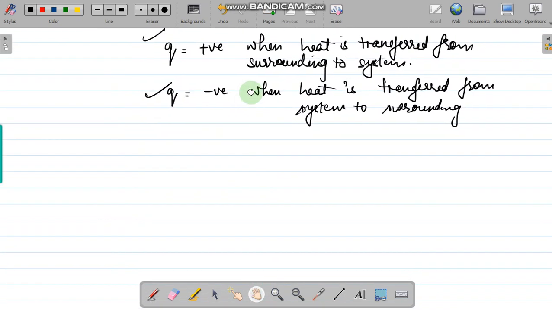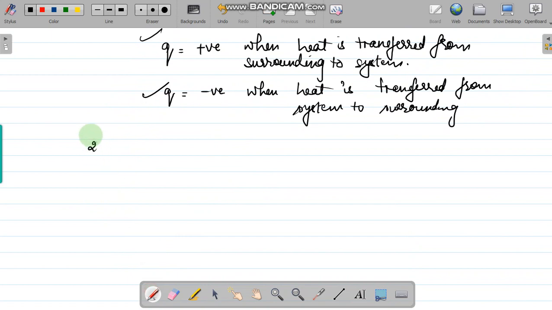Coming to the next part, that is your second one, that is the work. Now work is what? It is the another mode of the transference of energy. अब कभी भी हम कब कहेंगे that work is being done? We say that work is being done if the point of application of force is displaced in the direction of the force. Means it is going to be, we can say कि equal to the force multiplied by the distance।